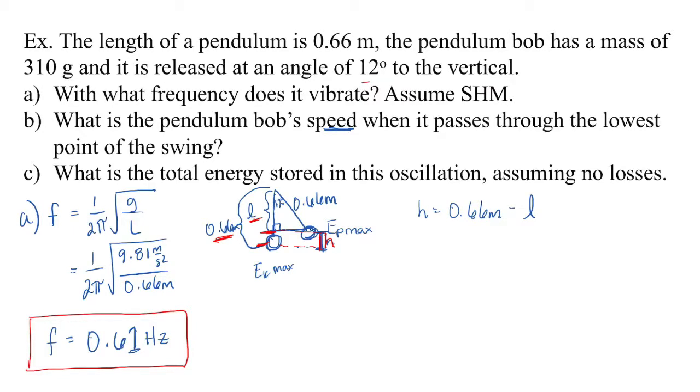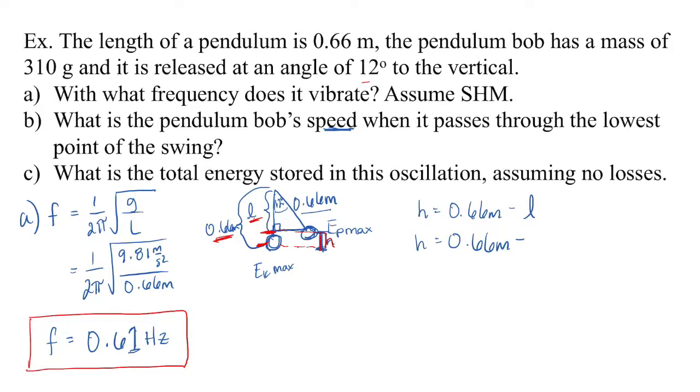Minus that length there. How do I find the length? Oh, well, let's go to SOHCAHTOA. Here's my hypotenuse, my 12-degree angle. I'm looking for the adjacent side. So guess what? I'm going to multiply it by cosine of 12. Okay? So height is equal to